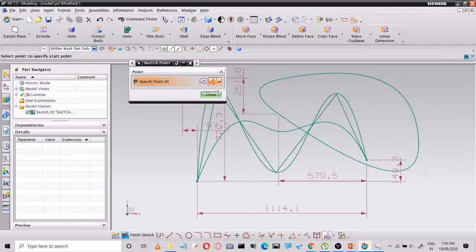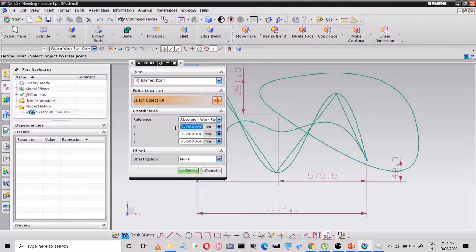So next you have a point. For creation of a point, you have different options here. Now specify point: you have inferred, cursor location, end point, control point, intersection point, circle center point, and quadrant points. Another is existing point, and another is point on a curve or edge. If you click on inferred, it is going to show the dimensions.